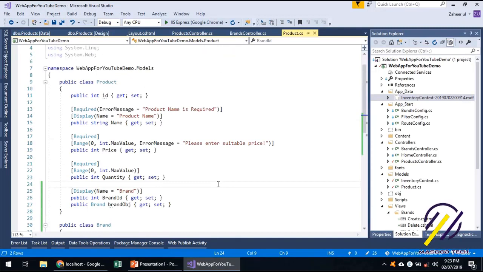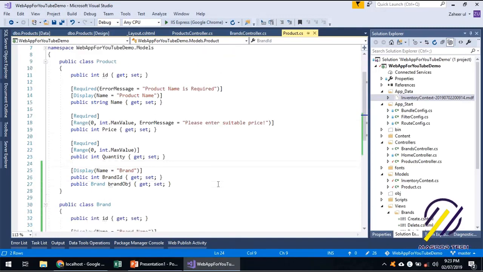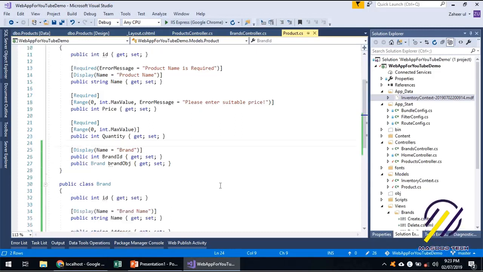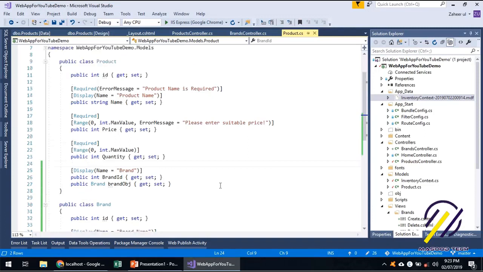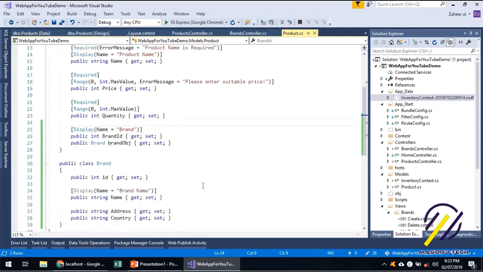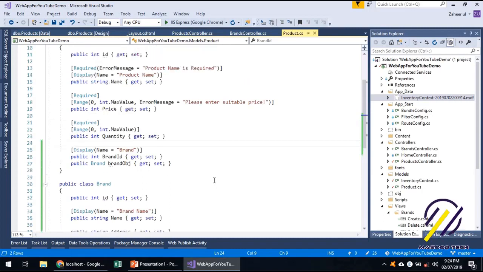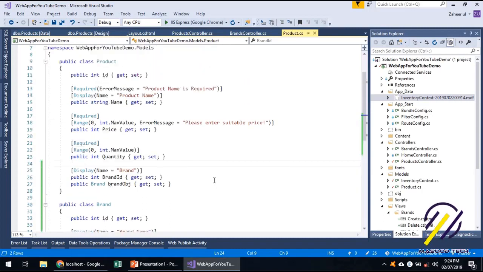Similarly, for orders we can have a many-to-many relationship in which one product can be ordered by many customers, and even a single product can be ordered by a customer many times. So we can have more complex models, and we will discuss that later on if we get time. But before going towards that, I would prefer to discuss database first development approach,